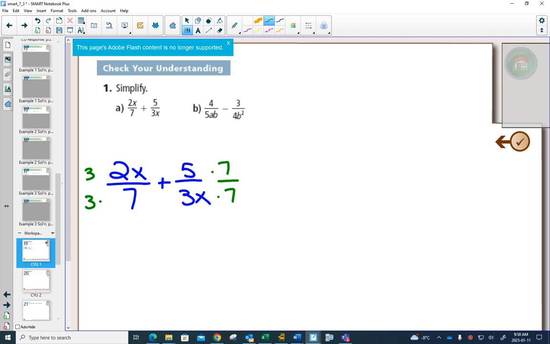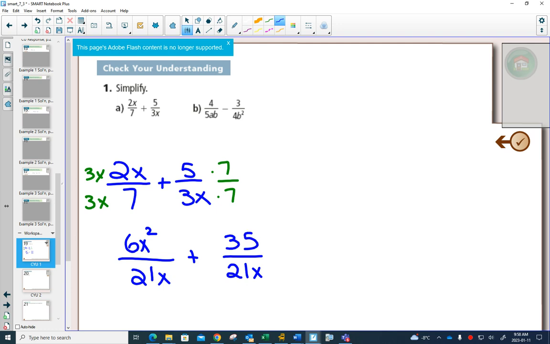Also in the denominator, we notice that the second fraction has an x and the first one doesn't. So the first one's going to need an x and an x as well. What that gives us is a common denominator of 21x here and 21x here. The top now is 6x squared and 35. And so our final answer